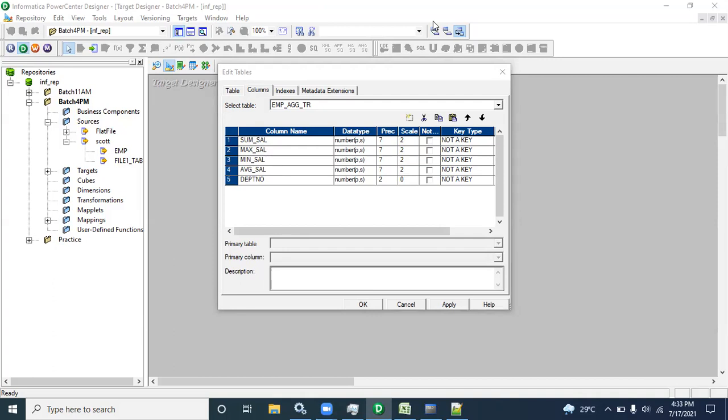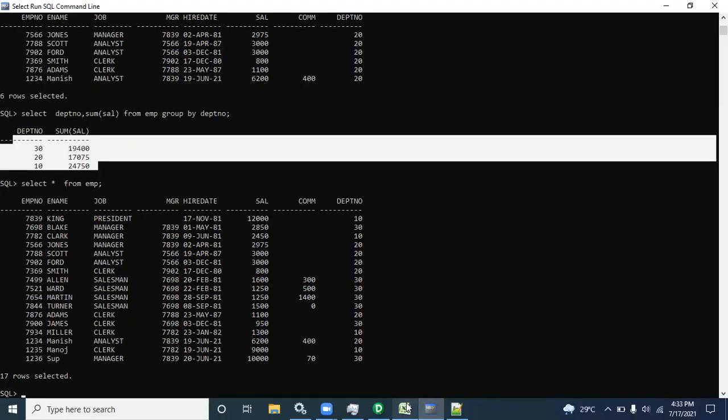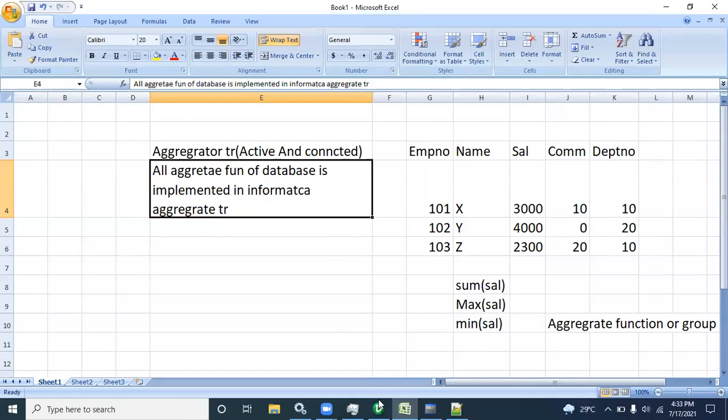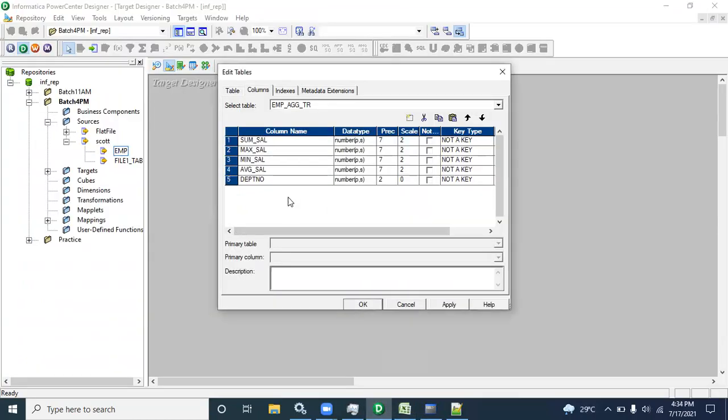Yeah, now it's moving. Can you do it once again from the starting, please? Just give me 1 minute. Now it's moving. My screen was frozen, so I was not able to see the movement of what you were doing. Can you do it once again from the beginning, please?